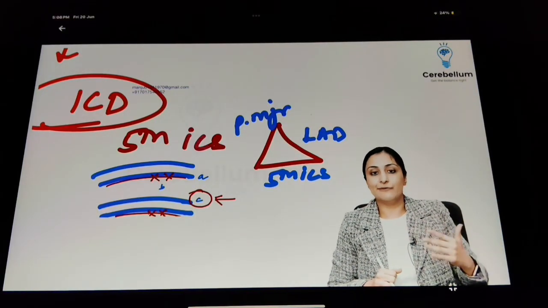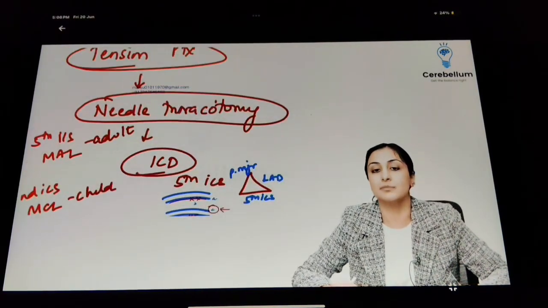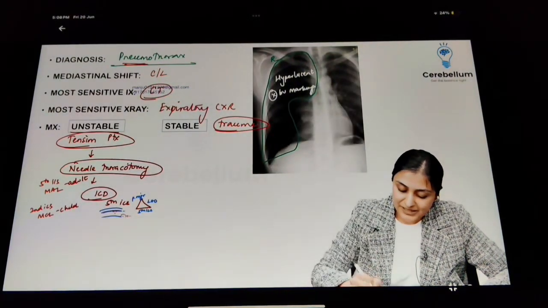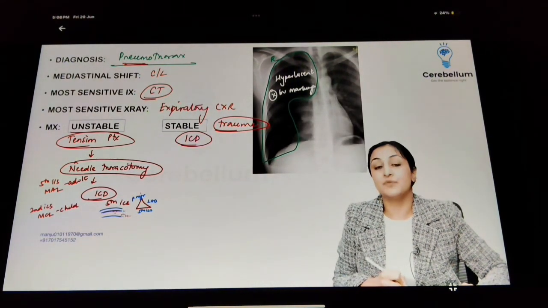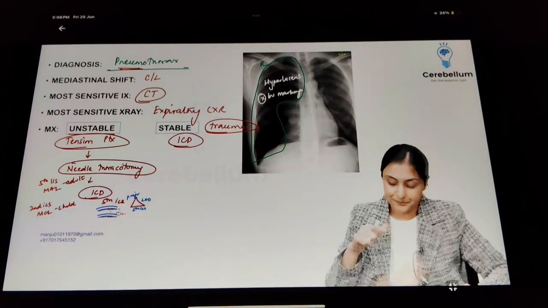So vessels run below the inferior border of the rib. So I always have to go along the superior margin of the inferior rib, right? But if the patient is stable, all I have to do is put an ICD directly. So this is the management of pneumothorax. Next, we're going to learn about